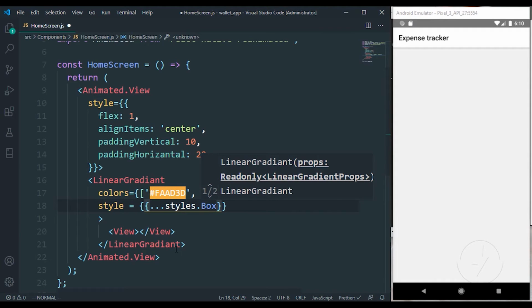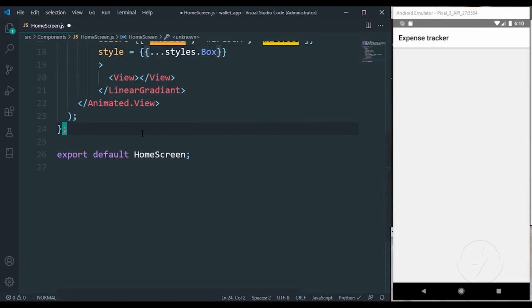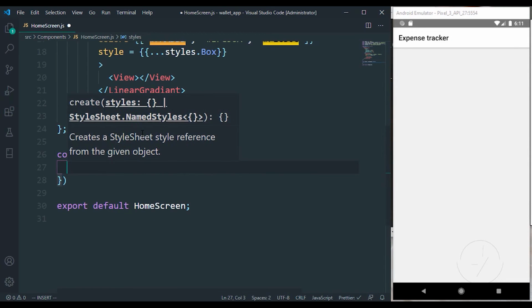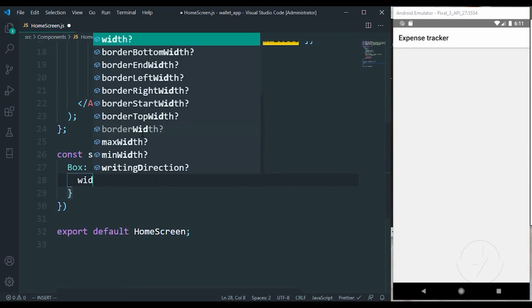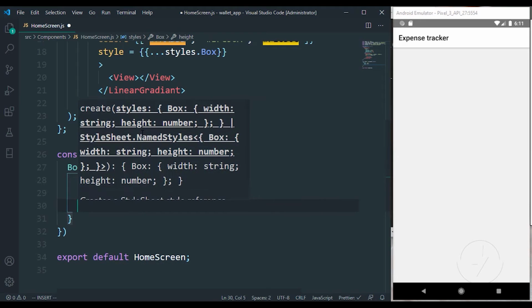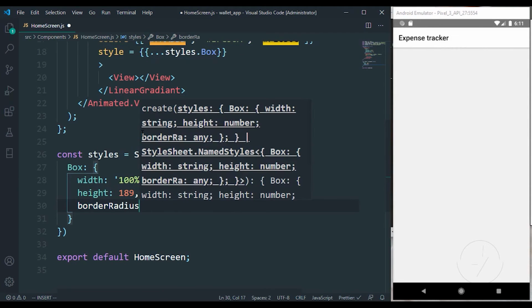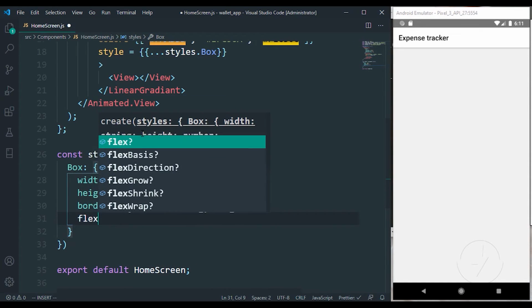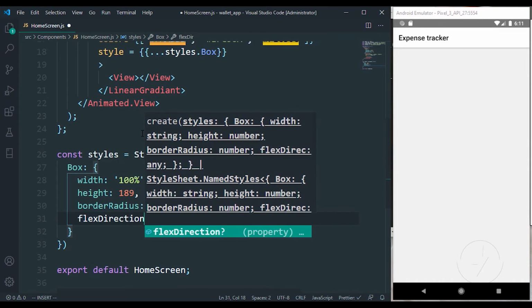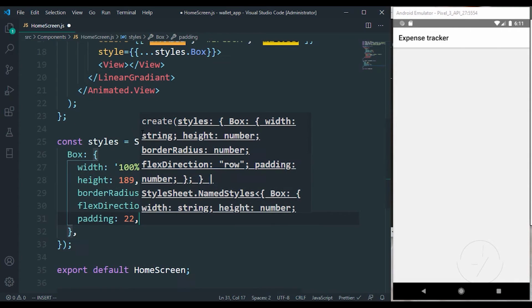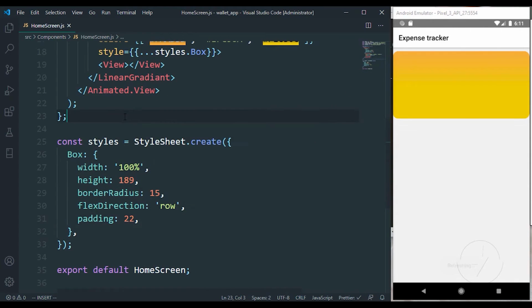So this box, you can see, is what we are going to create shortly. I'm just going to come at the bottom. Remember that we imported our style sheets. So we have the box, we have the width of 100%, we have the height of 189. We also have a border radius, because we want rounded corners, of 15. We want everything inside it to have a flex direction of row, and also we want the padding to be 22. So let's go ahead and save, and you can see that nice looking